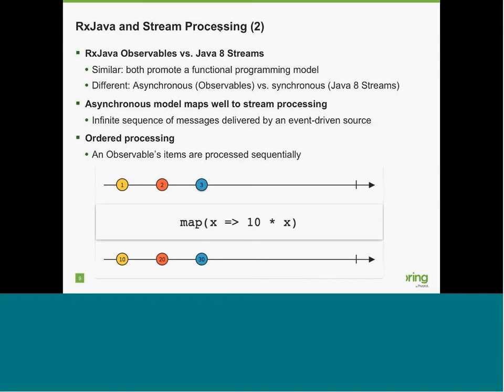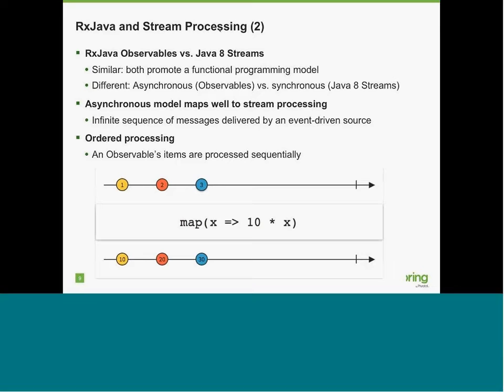So Java 8 introduced a functional programming model as well, which is great. I think it gives a lot of people an opportunity to get familiar with that style. But there are significant differences between Java 8 Stream API and the observable. Not so much actually the API as much as the implementation. The RxJava observables are essentially driven through events. They're push-based versus pull-based. And the asynchronous nature of the dispatching in the RxJava makes it much more amenable to